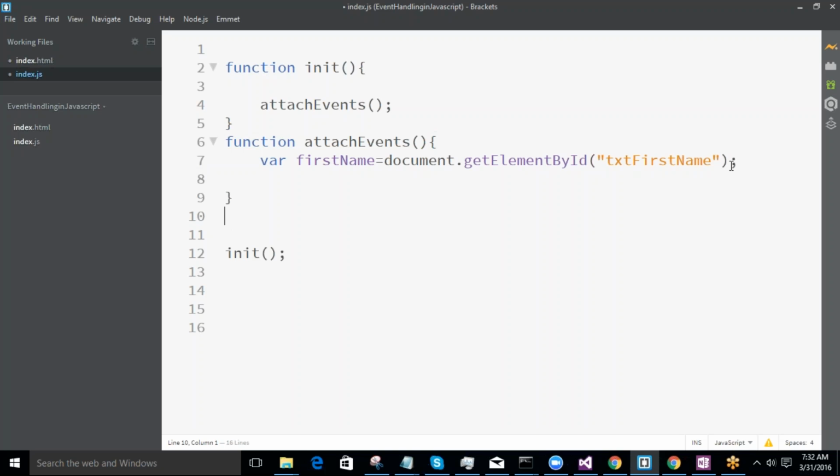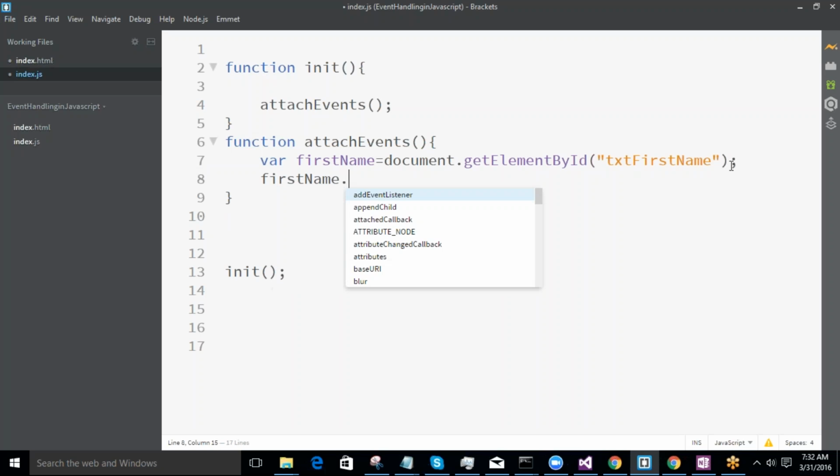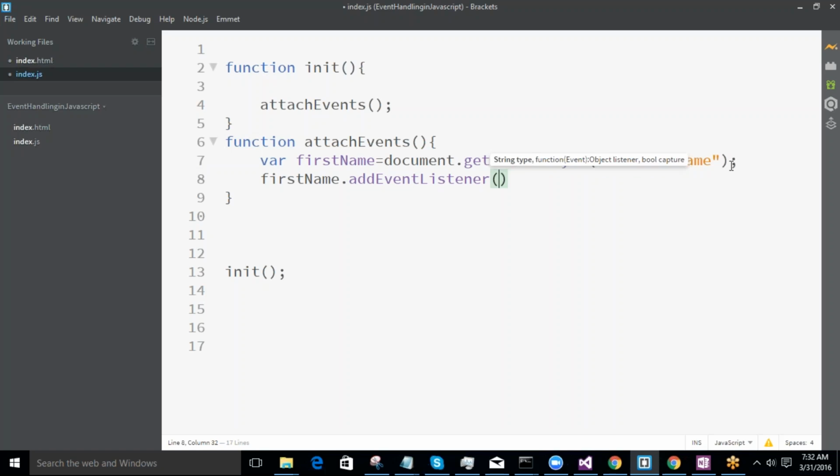Now, what next? We would like to add the event listener to it. So firstName.addEventListener. This is a method exposed by the browser to attach the events to it. Add event listener will take two or three parameters. The first parameter is